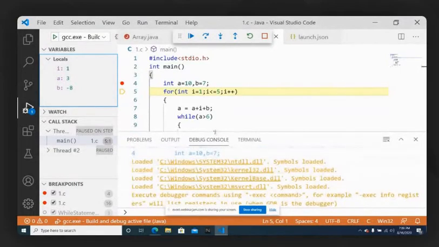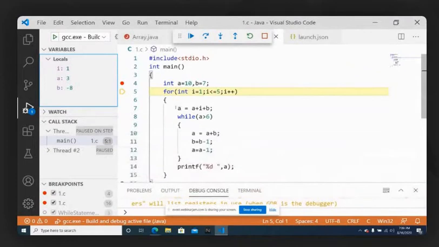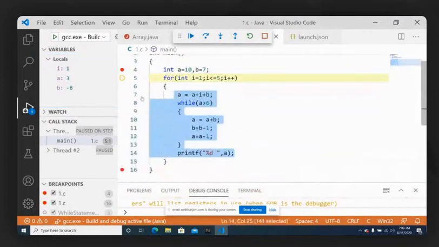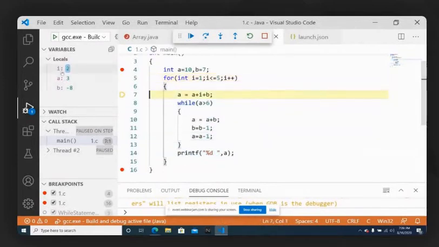Now after this complete thing is over, we will again go for the loop and we will increment it by 1. So again we will go. Now you see here your i is incremented to 2. Now a equals a plus i plus b. a is equal to 3. 3 plus 2 is 5. 5 minus 8, I think it's going to be minus 3. a is going to be minus 3.